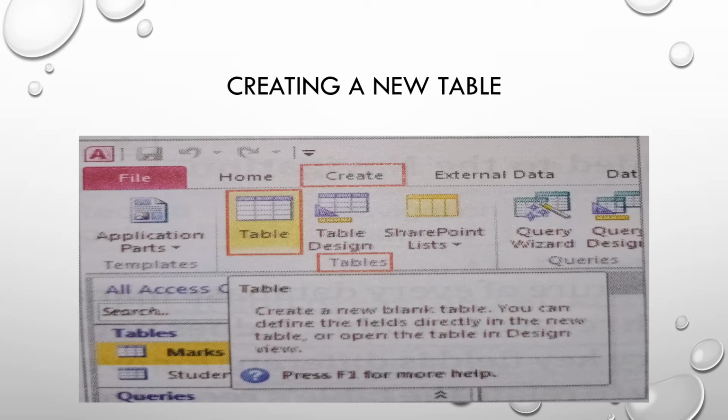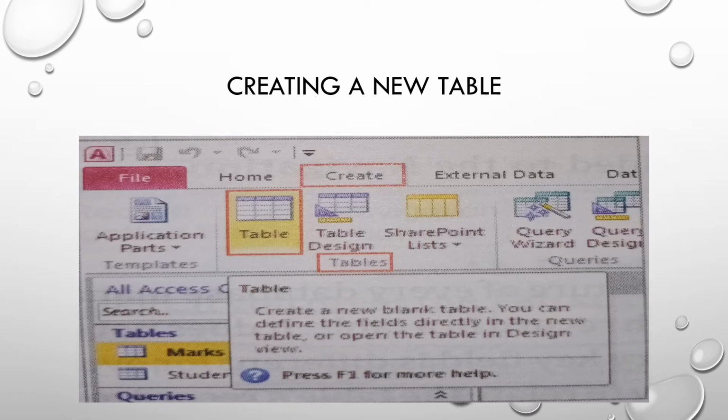We have to follow some steps. In the Database window, click on the Create tab and select the Table option in the Tables group. The new table will be created in the database. Then click on the View button in the View group and choose Design View from the drop-down menu. The Save As dialog box appears. Define the table name and click on the OK button.